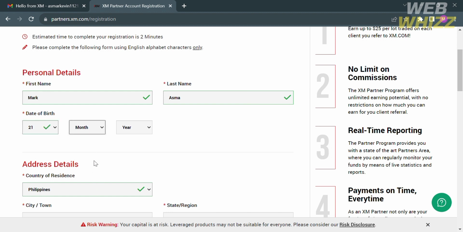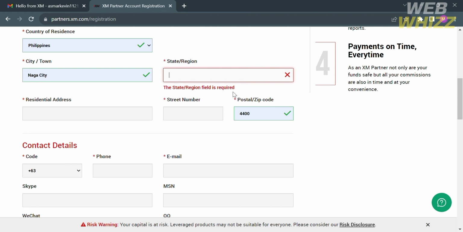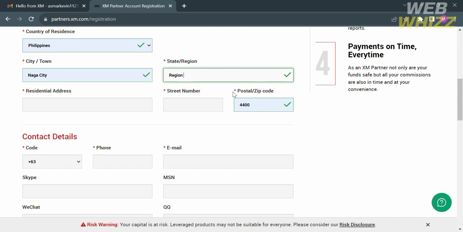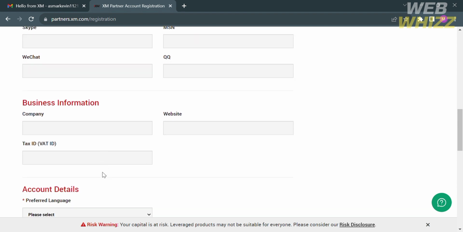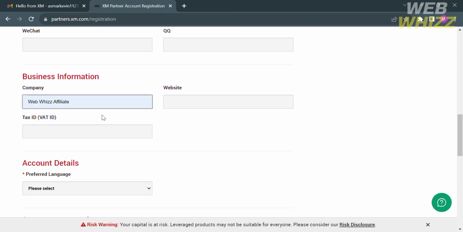or town, state or region, residential address, street number, postal or zip code, and even your contact details, including your phone number, email address, your Skype, MSN, WeChat, QQ, and many more. And below the contact details, you could also see some of the information that you need to fill out, which is the business information. All you need to do is to fill out your company name, the website of your company, the tax ID or VAT ID, and also below that info, you're also required to enter your account details,